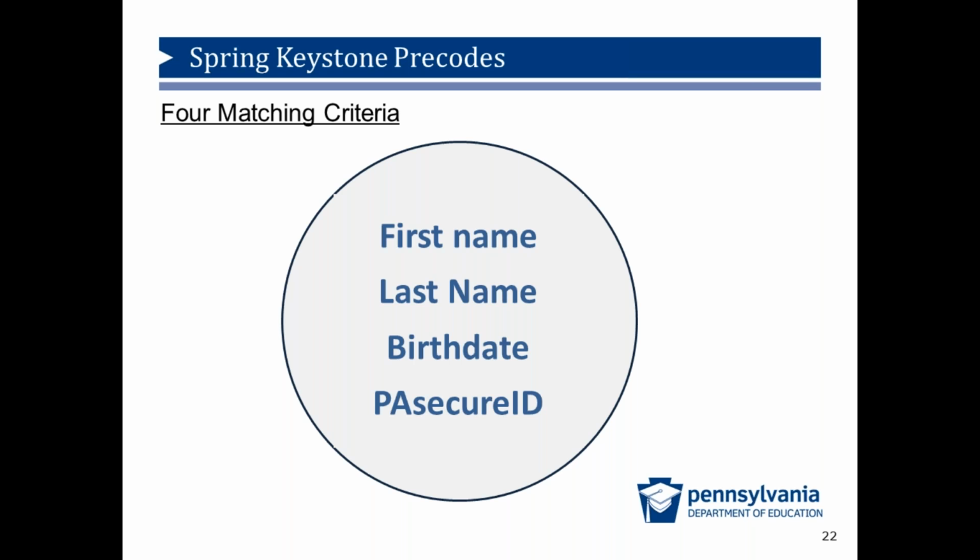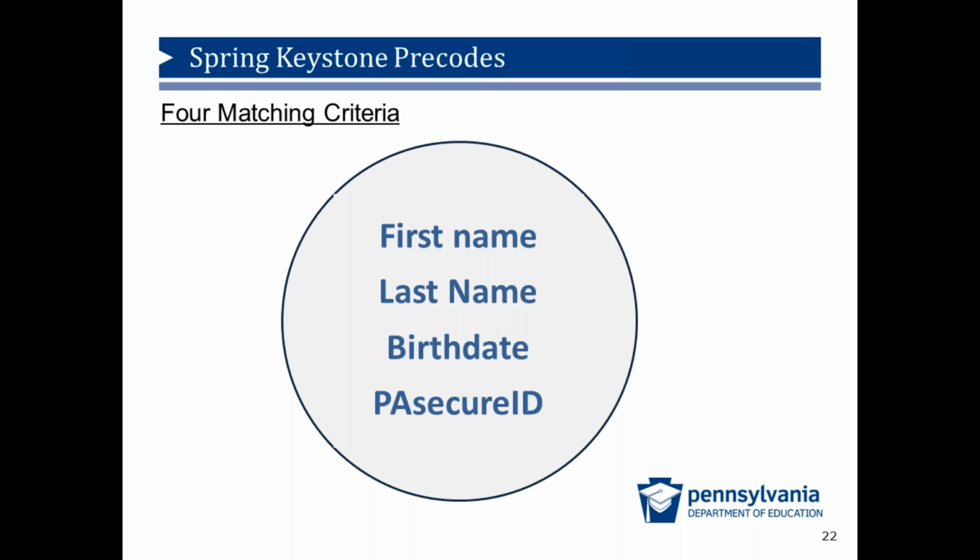Sometimes there are students with similar names like Jan, Jane, and Janet as the first name with the same last name. Sometimes names are abbreviated, where Robert could be listed as Bob or Rob, or a student's name could be hyphenated in the PIMS file, the educating entity's student information system, and or the PA Secure ID system. DRC matches the first two characters in the first name and all characters in the last name in the initial matching process. A student's birth date must indicate that the student is school age, which is ages 6 through 21.